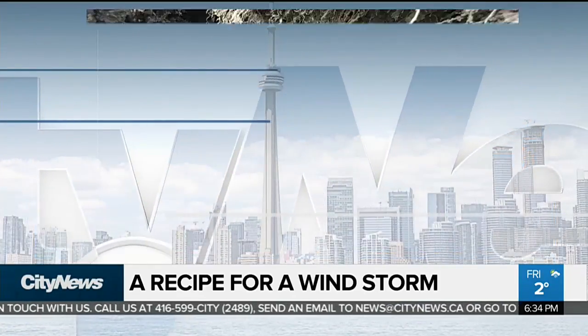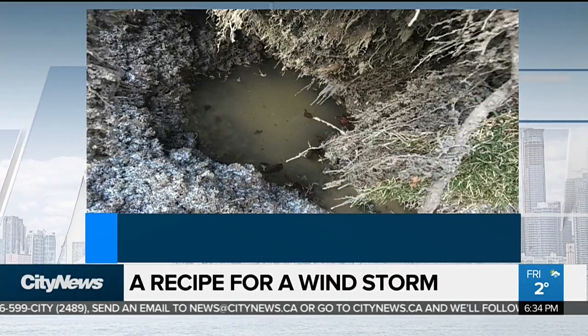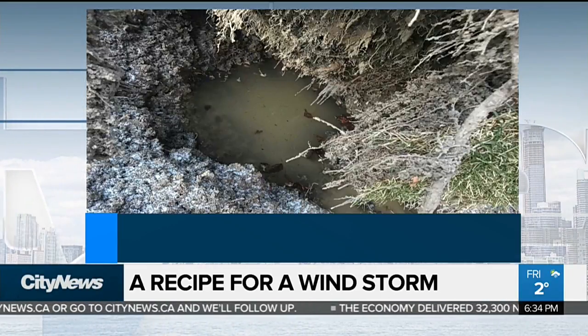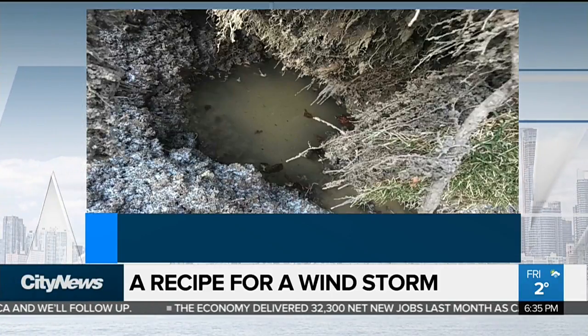And just to give you an idea of what I'm talking about here, take a look at this picture. Those are tree roots, and you see some standing water there because the top, say 6 or 8 inches of the soil is loose and wet where the roots are. But below that, it's still frozen, so it acts like concrete, and that water just pools,